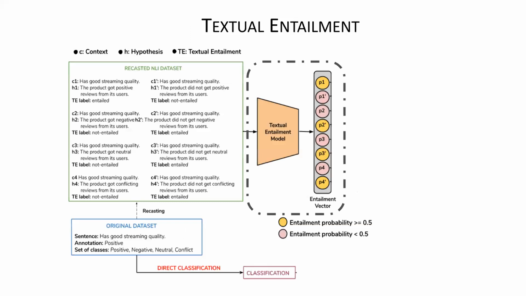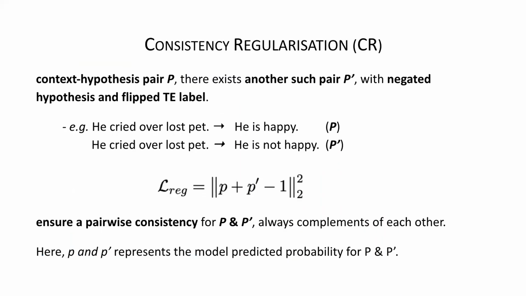So this is our pipeline. We can do a direct classification for comparison, which is a baseline. We can convert the data to recasted data, do textual entailment, and then we basically do constraint regularization, which I told you about. We can use this p plus p dash, the negation of the hypothesis, as a constraint. So the idea is, if p and p dash represent the prediction probability of entailment by any textual entailment model, we can constrain that if one is 1, the other is 0, which is equivalent to saying p plus p dash minus 1 is close to 0, where p and p dash are the entailment probabilities